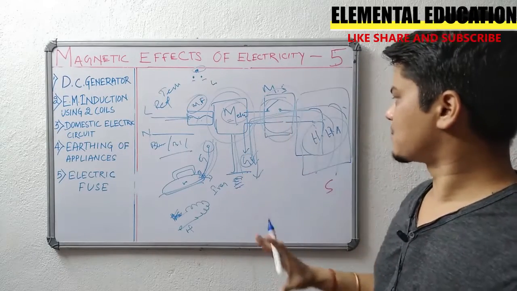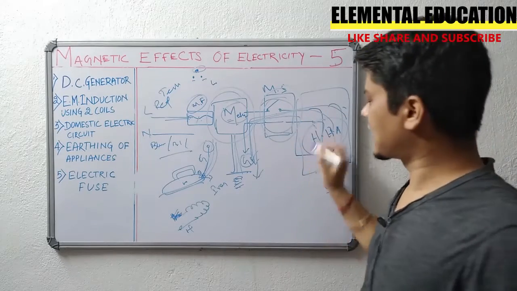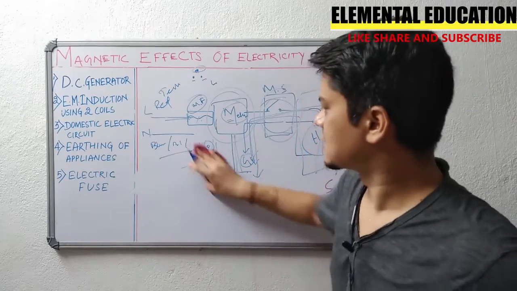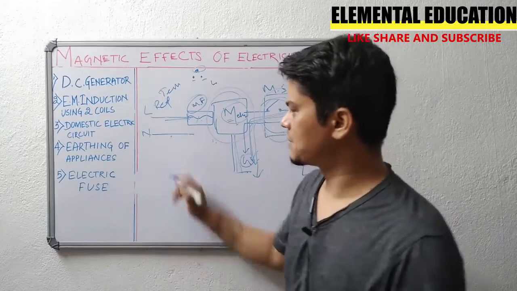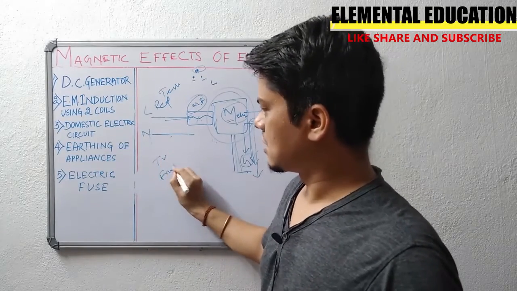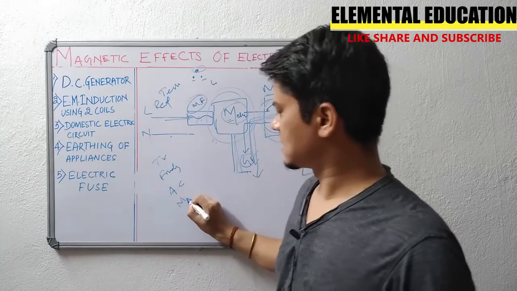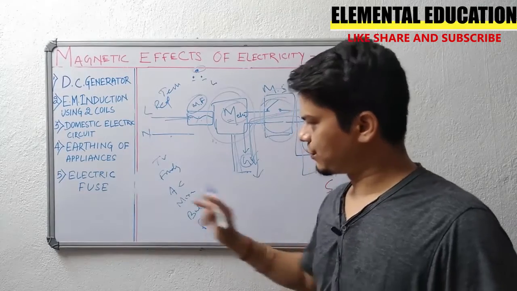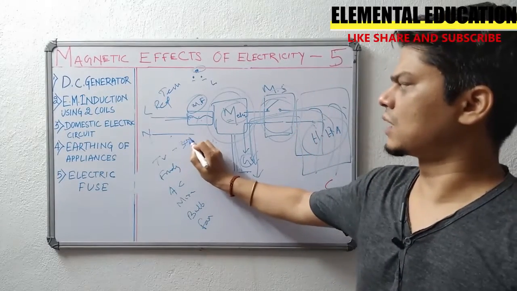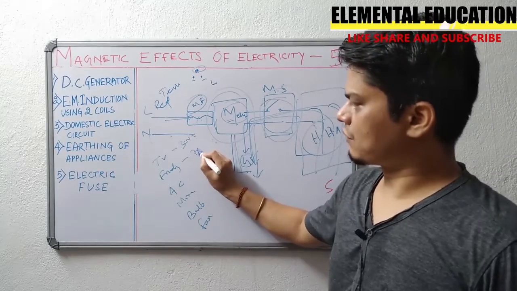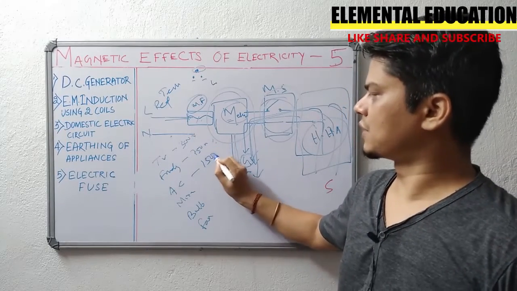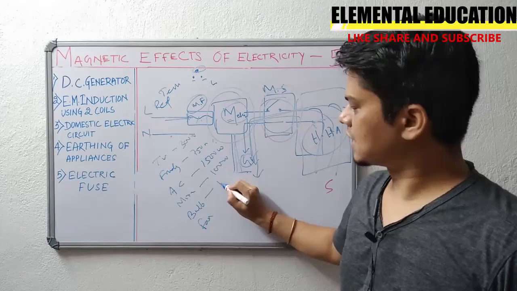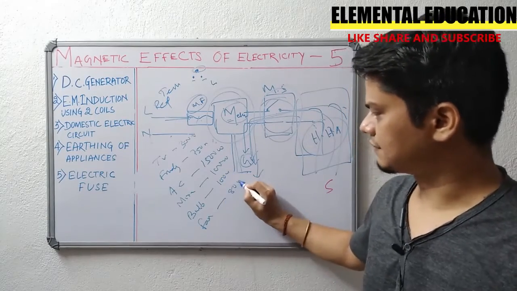Now after this main switch, all these appliances, suppose I am using 5 or 6 appliances. Let us name them: a TV, fridge, AC, mixie, bulb or lights, and fans. We know TV is a maximum of 300 watt, fridge is 750 watt, AC is 1500 watt, mixie is 1000 watt, bulb is 50 watt or 100 watt max, and fan is 80 watt.